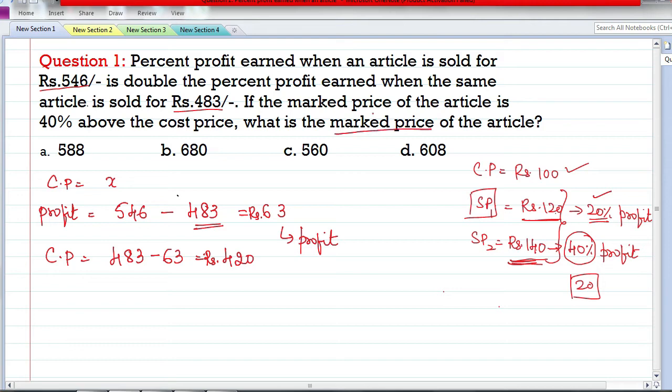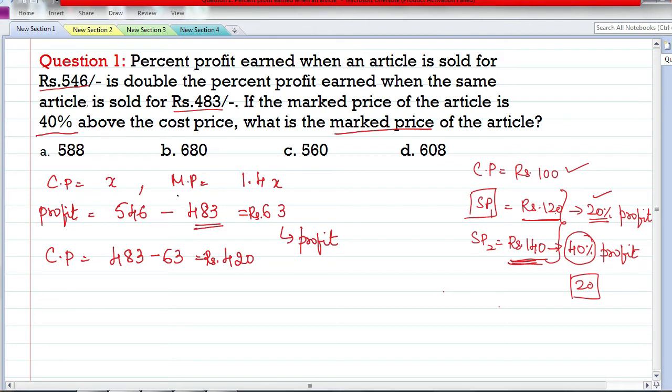And the market price is 40% above the cost price. So if I know the cost price, then what is the market price? 40% above the cost price. If you have seen our previous videos, the percentage factor is something we will be using in all the percentage-related questions. So 1.4 times X is the market price, that is 40% more. About this percentage factor I'll make a detailed video, that's going to be the upcoming video. Right now, to find 40%, we'll just add 40% of it.